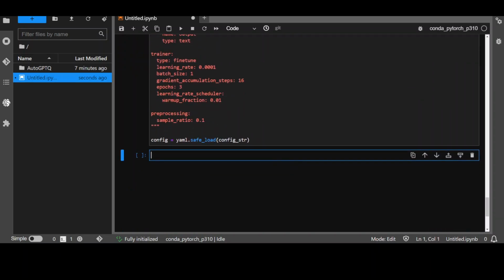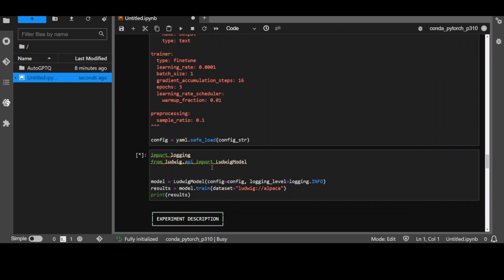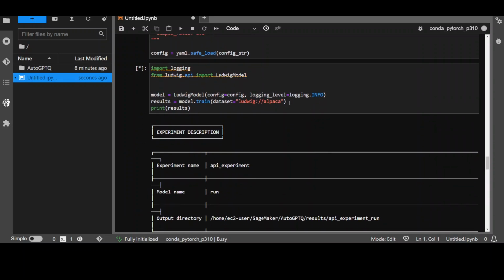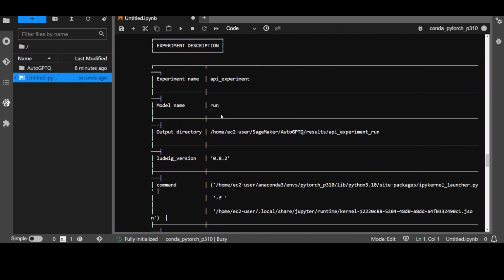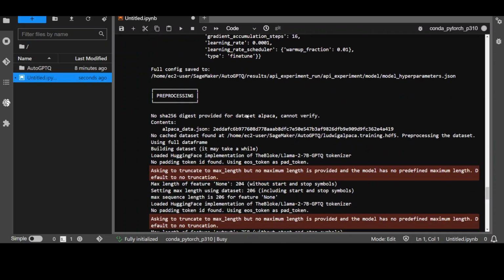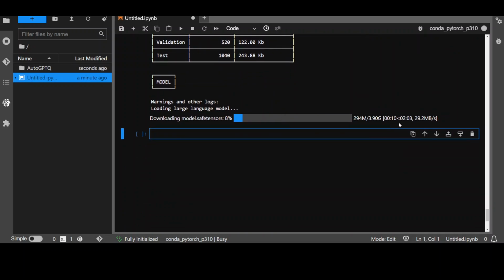Okay, now we will be training our model by using Ludwig. So all you need to do is to use this command. First, you need to import logging, then Ludwig, and then specify your model, and the dataset is Alpaca, which is very common for Llama, the model I'm using, and then I'm training this model. So this is going to give me some of the parameters and models it is going to use, and then all this information it is printing here, and then as you can see it is downloading that model